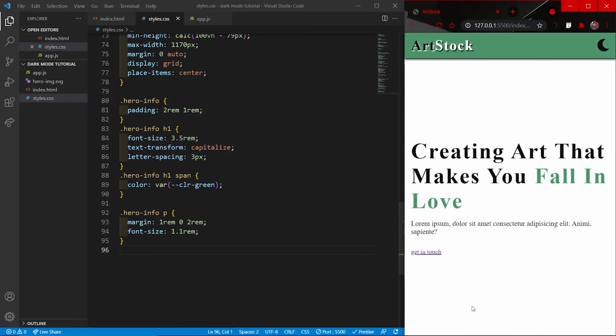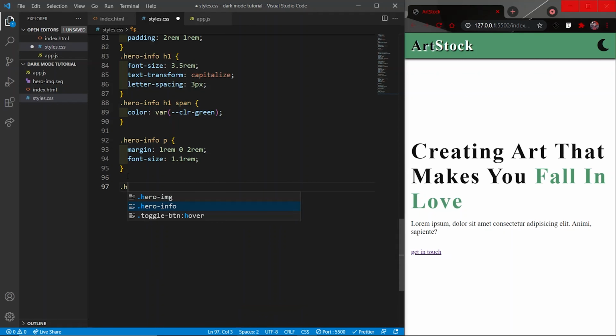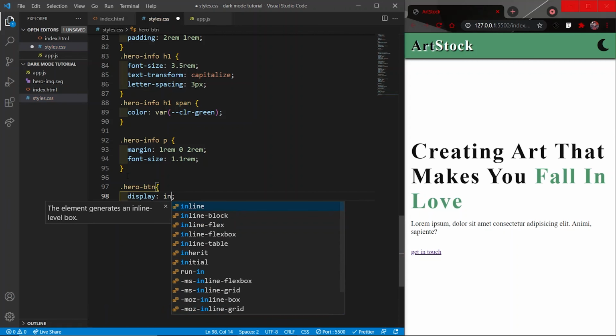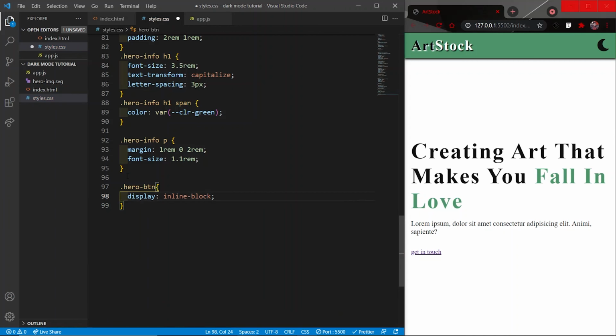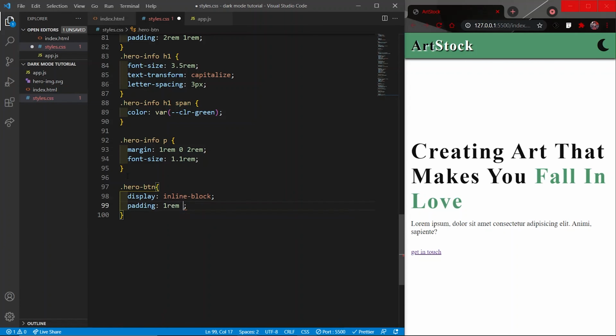Okay, now let's start styling this little anchor tag. I will select the hero button class. Display will be inline block. Padding will be 1 rem top bottom and 2 rem left and right.